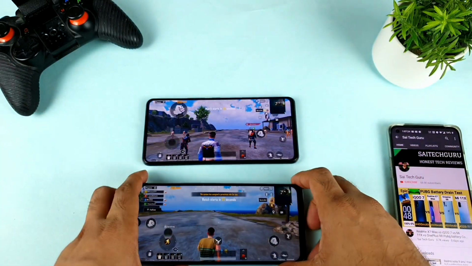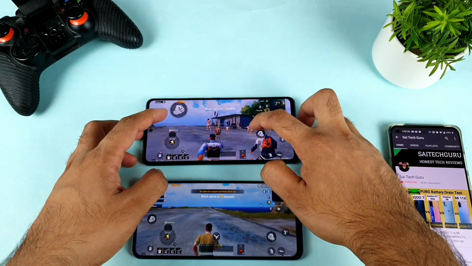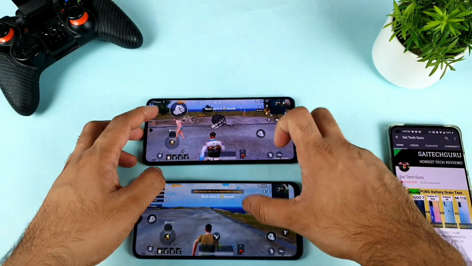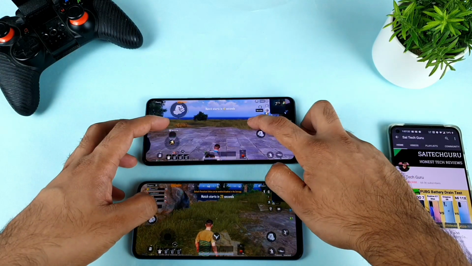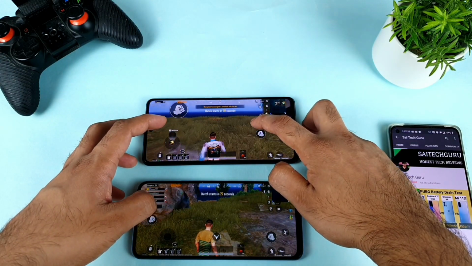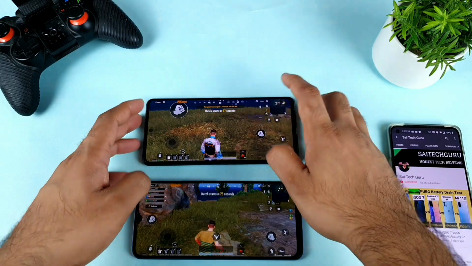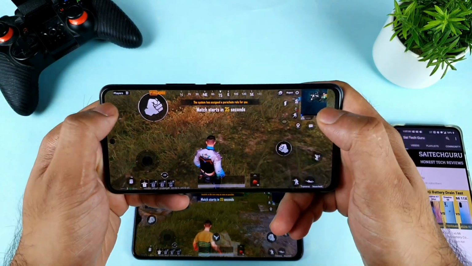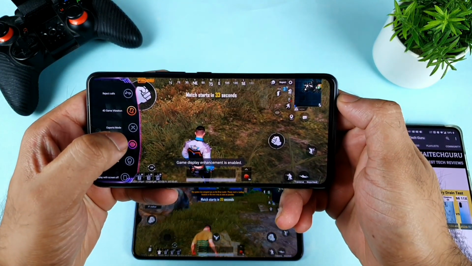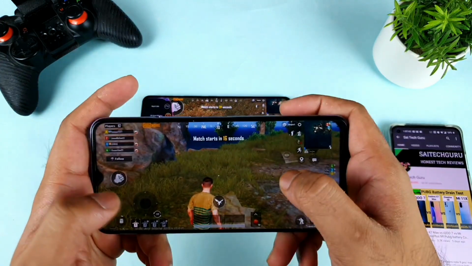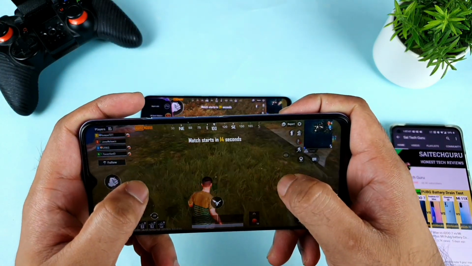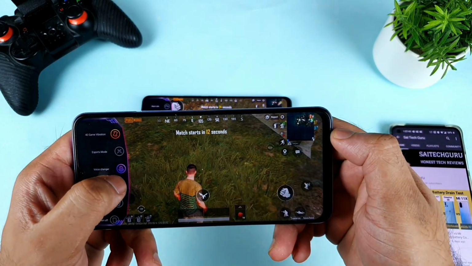Right now let me go to the grass and show exactly the result, what will happen if I use the game display enhancement in this particular area. I'm trying to just see what will happen in this particular spot. I'm looking down and let me try to enhance. As you can see, a little bit but not much. Let me do the same thing on this iQOO Z3 device.